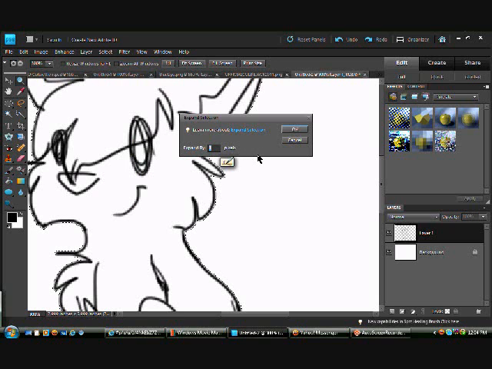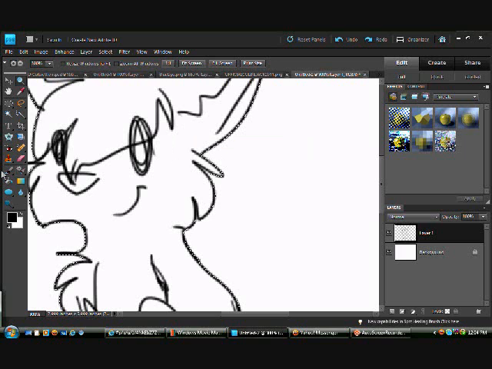My line art was set to 3 point, but it really matters how big your line art is. Mine's only set to 3 point, so I'm gonna expand it by 1 pixel, and it's gonna kind of shrink in, so it'll be easier to